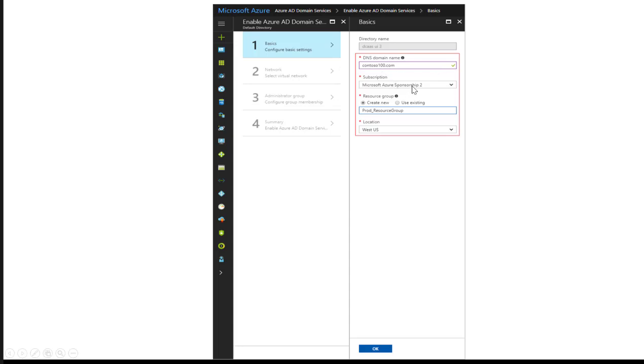And then you can define your subscription, your resource group, your network, your administrative group. As I already showed you, somebody clicks OK, and here you go. It might take some time before it completes the operation, right? It's not instantaneous that, hey, you click OK and now your Azure Active Directory domain services are ready. Be patient. It may take an hour sometimes, maybe more, before you actually start seeing the Azure Active Directory